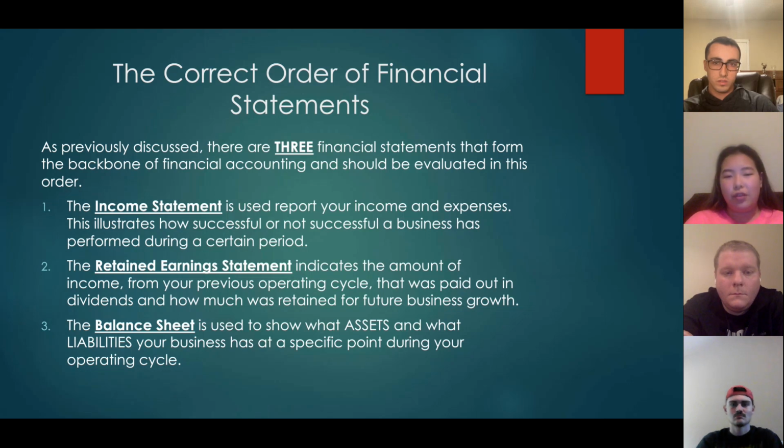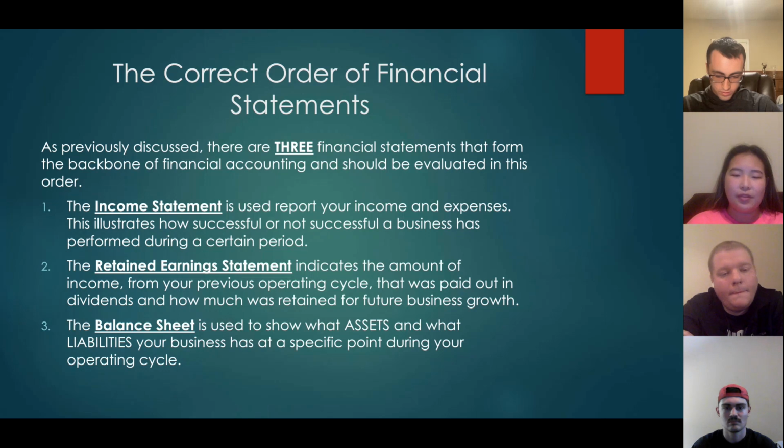And then next we're going to go into the correct order of financial statements. There are 3 financial statements: the income statement, the retained earnings statement, and the balance sheet. All of these are important and are in a specific order. The income statement is used to report your income and expenses, which illustrates how successful or not successful a business is and has been performed over a certain period. The retained earnings statement indicates the amount of income from your previous operating cycle that was paid out in dividends and how much was retained for future business growth. And the balance sheet is used to show what assets